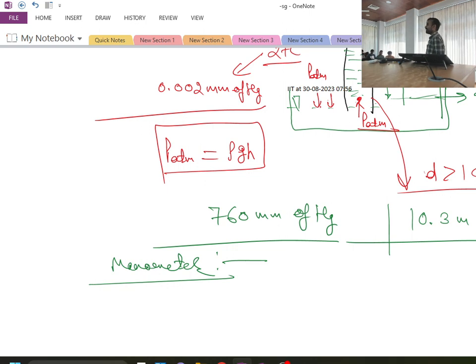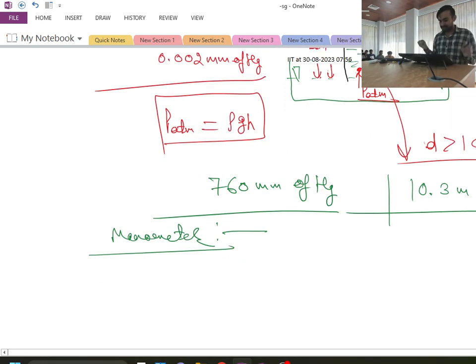Okay, so manometer is a device which is used for measurement of the pressure of a system. Now manometers come in different configurations. It can be used to measure the pressure with reference to the atmospheric condition. It can be used to measure the pressure difference between the two systems. There are many configurations of the manometer, but one simple configuration we can consider over here is,